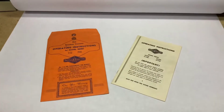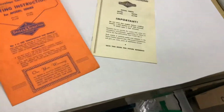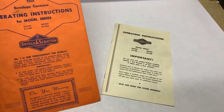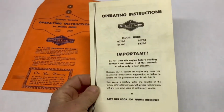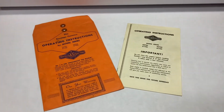I picked up this Briggs & Stratton Operator's Guide. Briggs & Stratton makes lawnmower motors, snowblower type motors. And this is obviously quite vintage. I thought it would sell right away, but I've had this up for over a couple of years now. Even though I've sent out offers and had best offer on it, it finally sold for a full price of